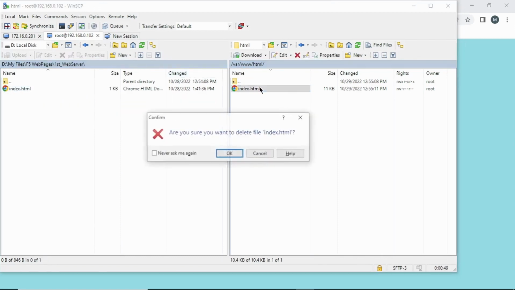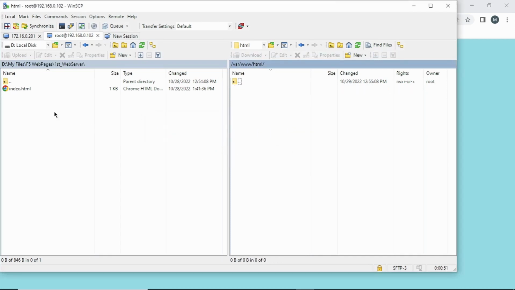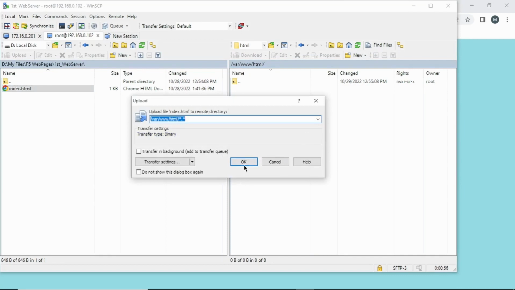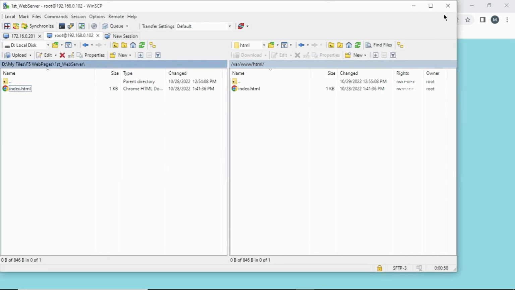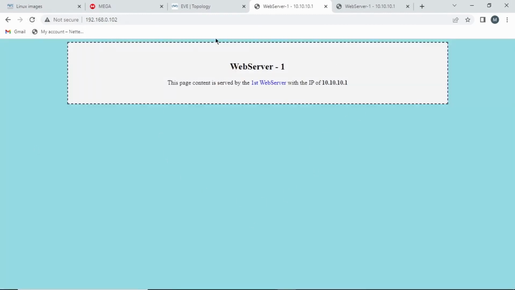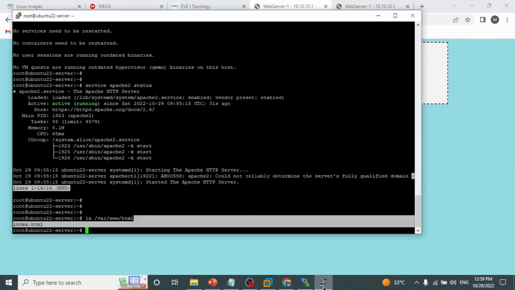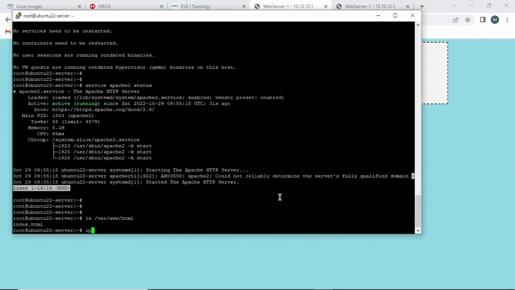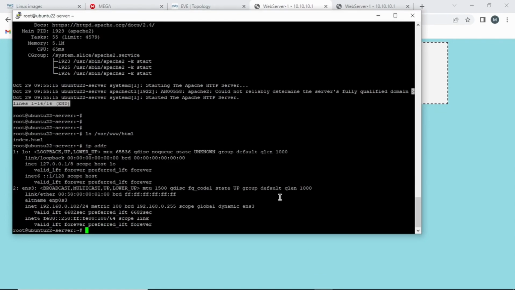I will delete this one, say OK, and then move this new page over here and wait for it to be copied. It's already done, so we will just try to refresh, and here we have the new web page. Now if we go back to the server and try to check the IP address, we can see that the IP address is